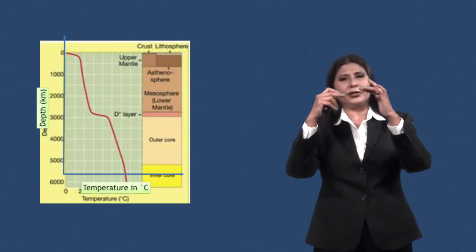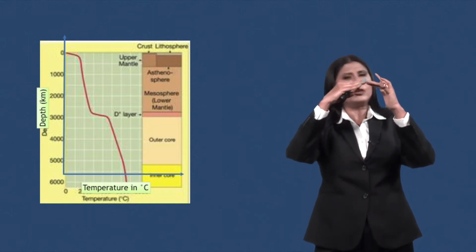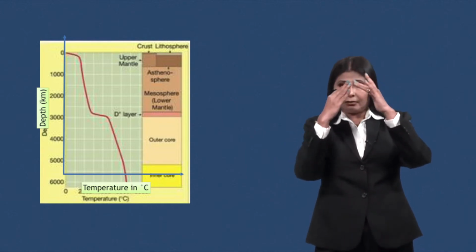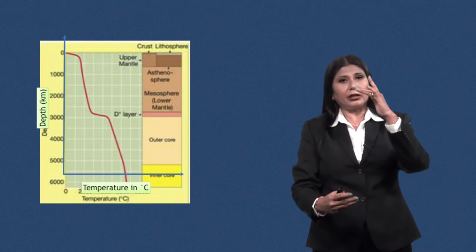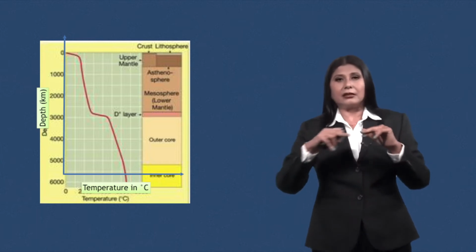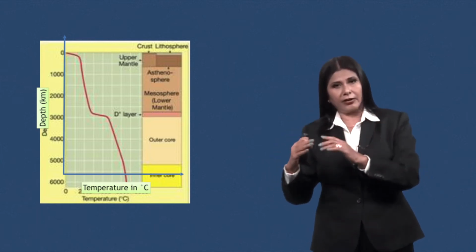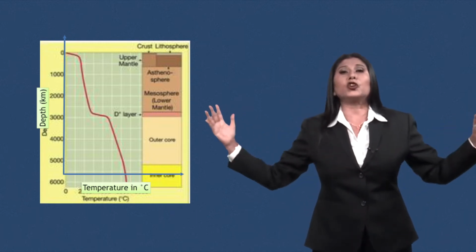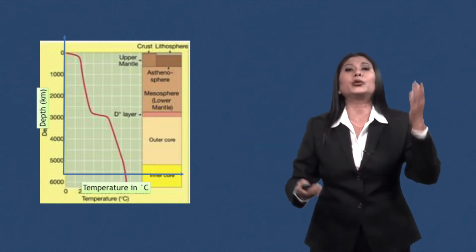Up to about 200 kilometers, the increase is very rapid. Then till about 3000 kilometers depth, the change is not that much. Then there is another increase and again a decrease. Such information is all collected and compiled. From that we came to know that the temperature distribution also is not uniform. It is following some kind of rule. From that we have compiled so much information.